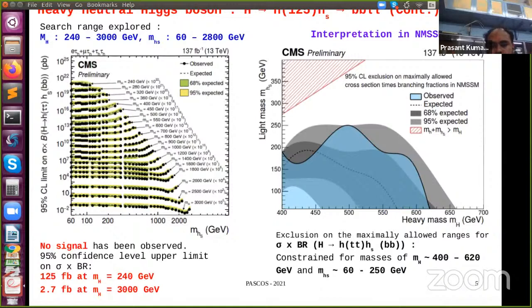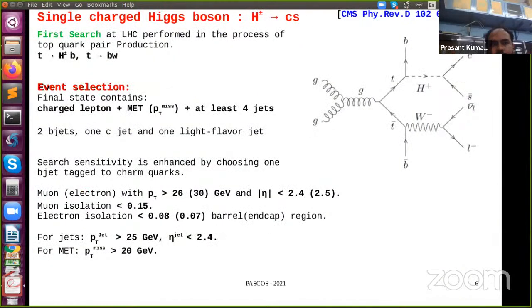Okay, so let me move on to the next slide. Now, another BSM search, which is a single charged Higgs boson search. This is also a first search at the LHC, which is performed in the process of top quark pair production, in which one top quark decays to a charged Higgs and a b quark, and the charged Higgs subsequently decays to